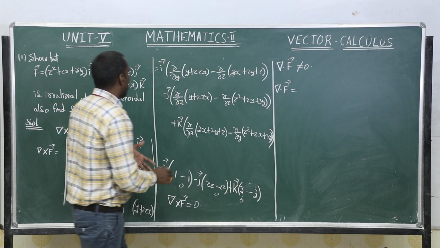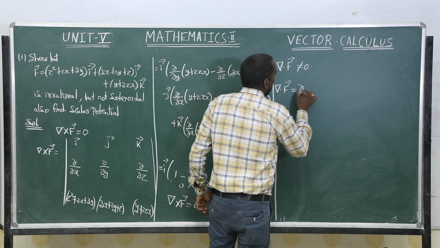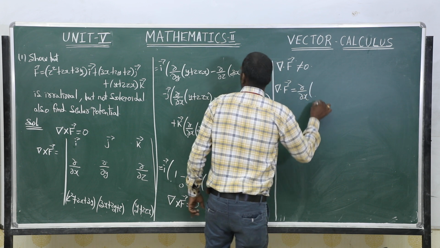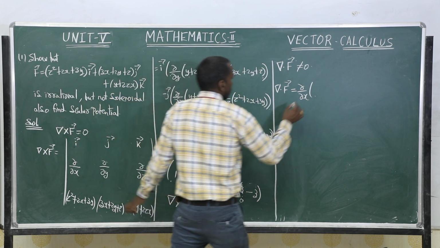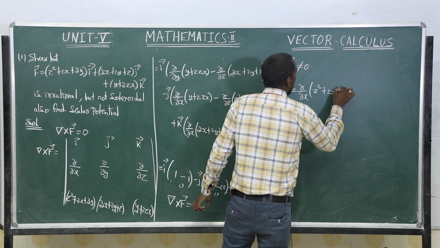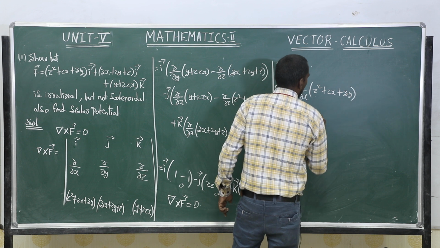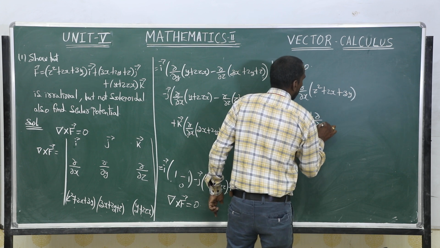Del by del x of the coefficient of i, which is z² + 2x + 3y, plus del by del y